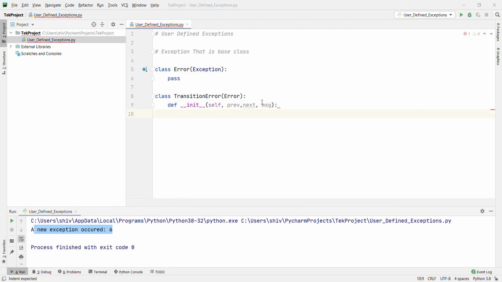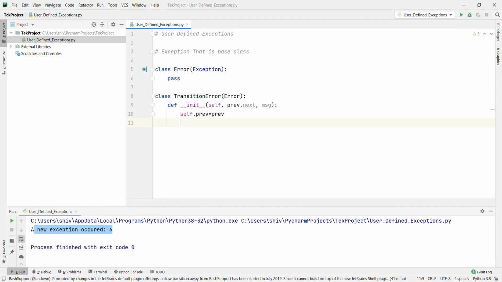Then we set self.previous equal to previous, self.next equal to next, self.message equal to message. The error message thrown is saved to message.